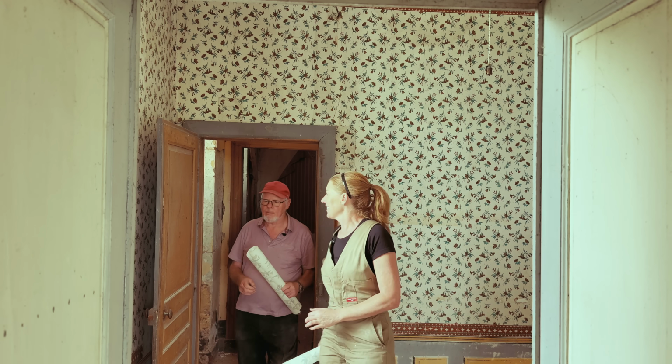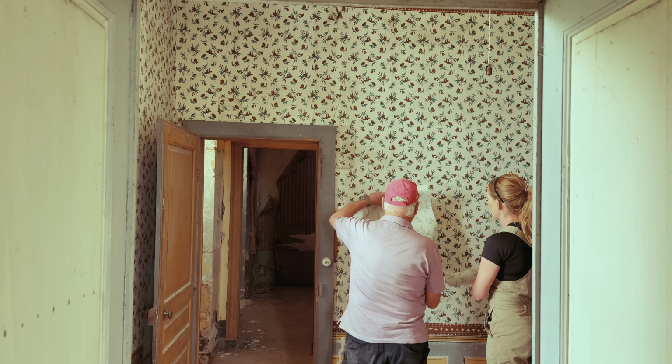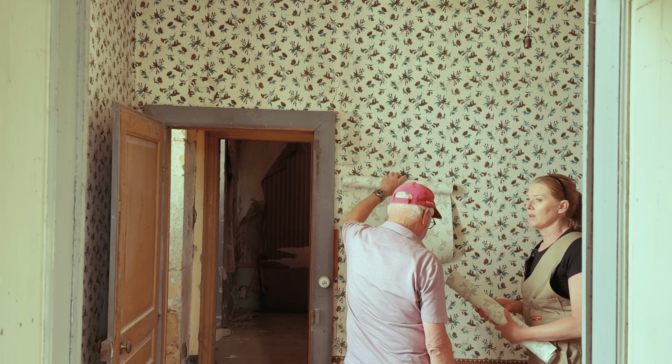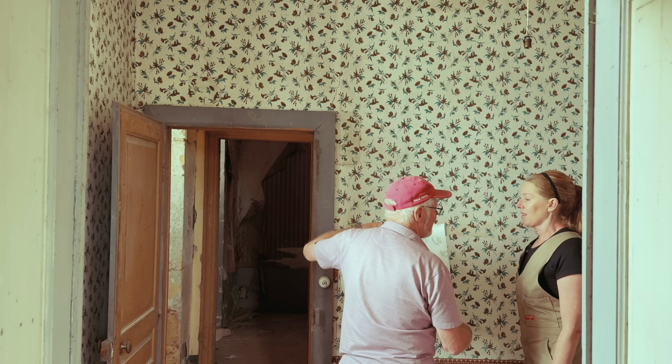Okay, so this is the room. Yeah, so this is the original wallpaper that inspired this wallpaper. So the scale is slightly different. It's smaller, the original is smaller. Normally I'm really excited about hanging wallpaper, but today I've got to say I'm terribly nervous because I've seen how